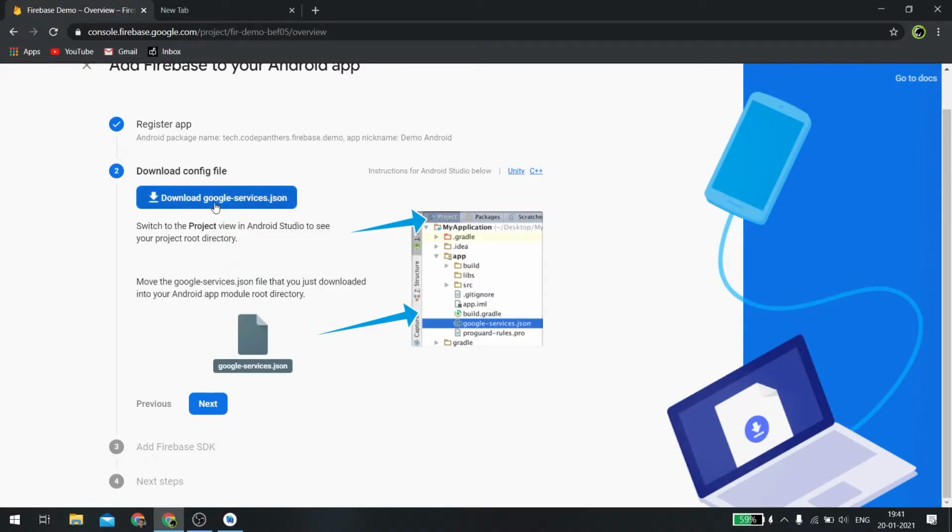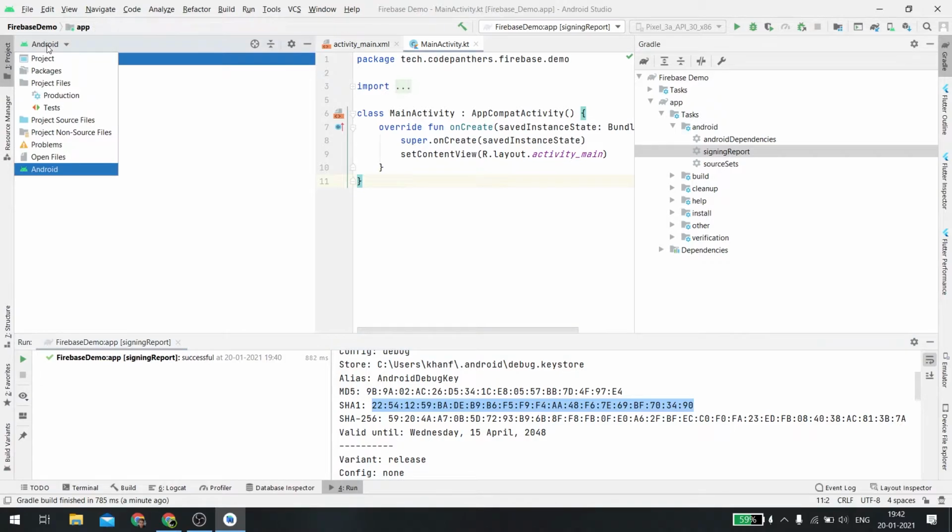For that, there is a configuration file by the name google-services.json. This JSON file has to be placed in a particular place in our project. So you can see the image here. What it is saying is that first we have to select the option project. There are various views, or we can say the project structure can be divided into various categories. For example, when there are a lot of files which are not important to us when we are only writing code, if we select the Android option, we will only see the code related part which we actually work with. But when we click on packages, all these different files are visible to us.